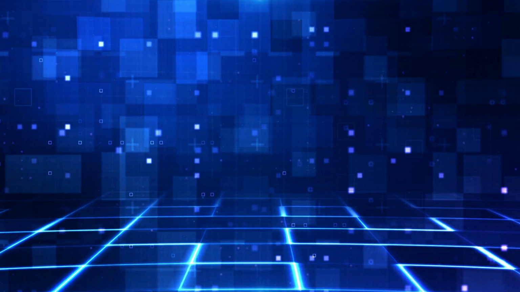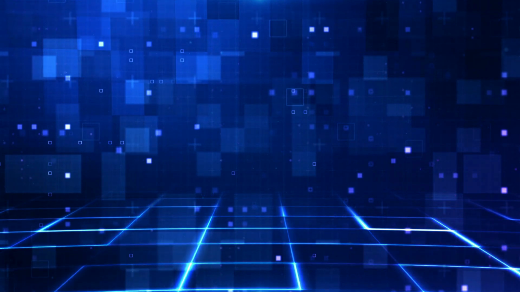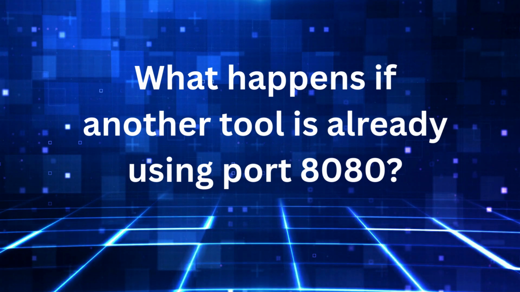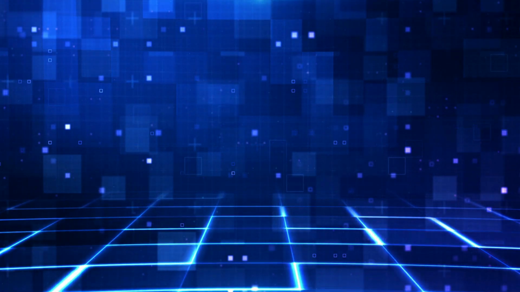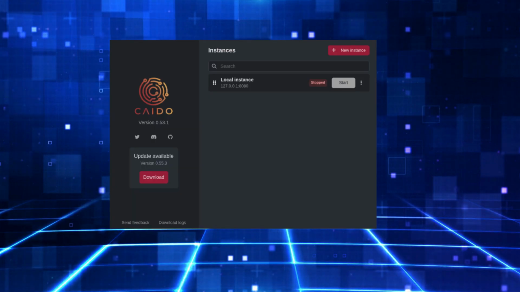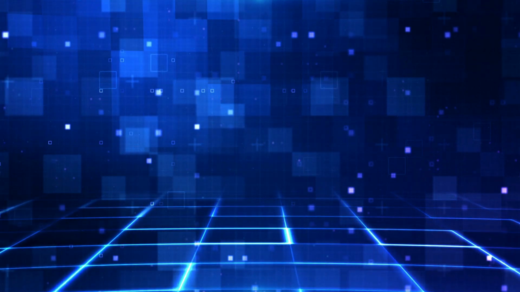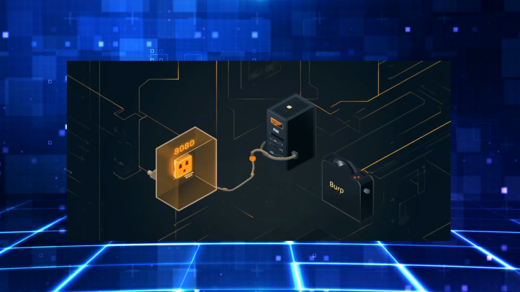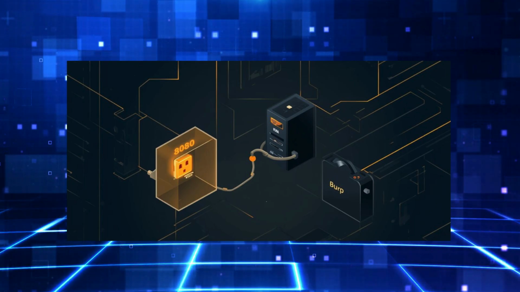So the next question is an extra step as well because it's a rare scenario. So what happens if another tool is already using port 8080? Let's say you are using another program such as Caido. By the way, shout out to Caido, it's an amazing program. I'll link a video which I first used to understand how Caido works, and it's pretty great to use. Now, coming back to the original question, if Caido is already listening on port 8080, Burp cannot use the